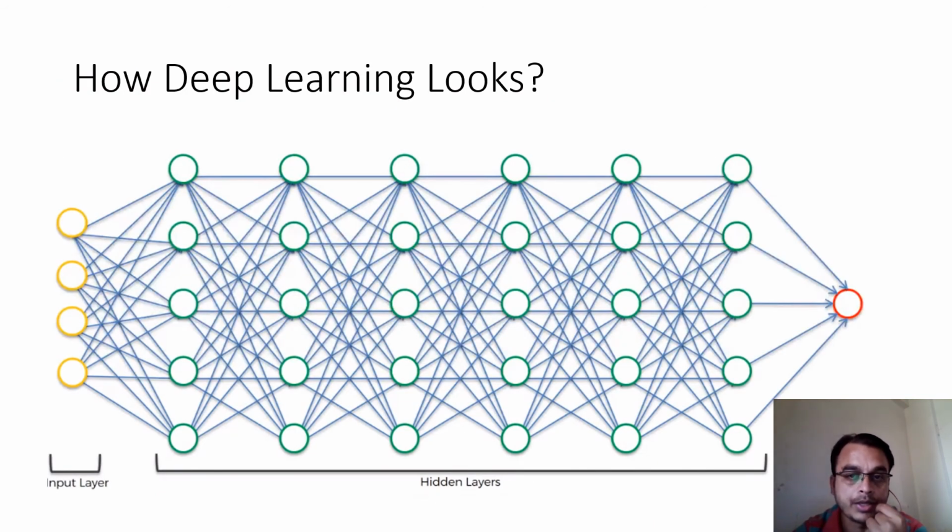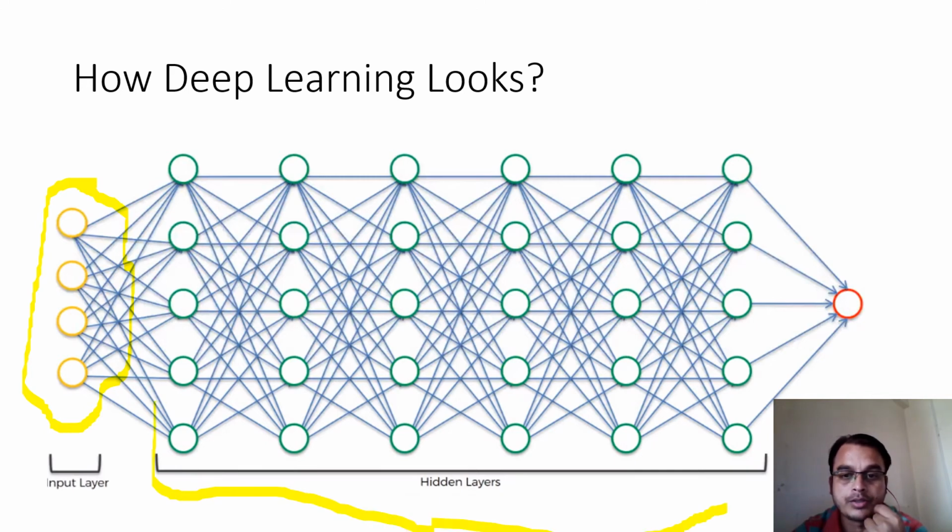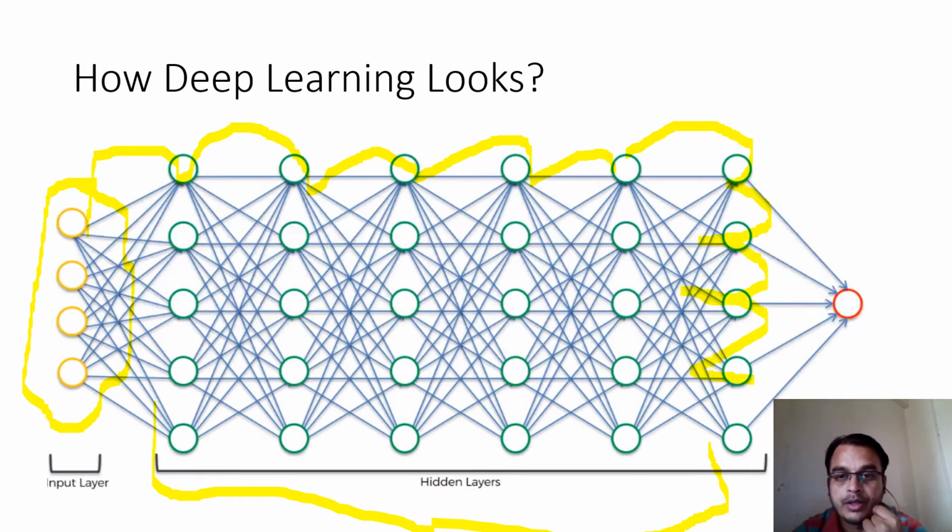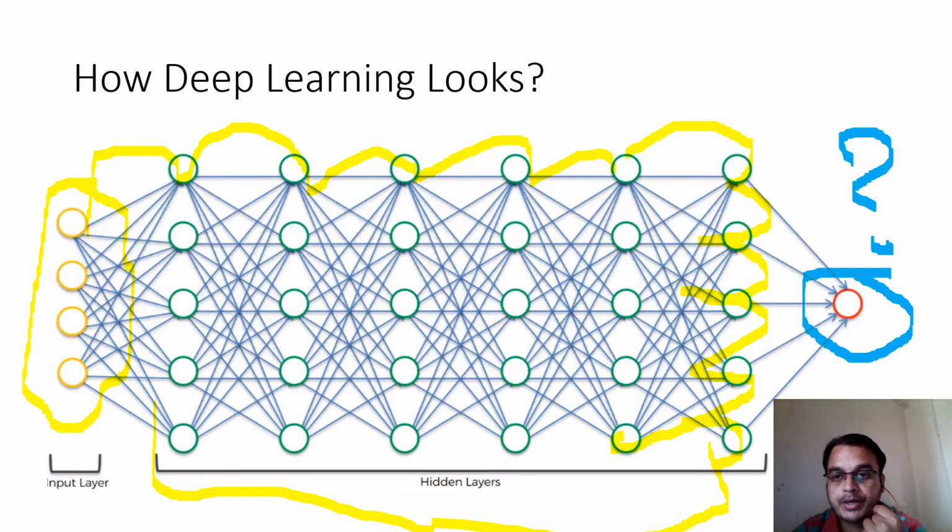Okay, and this mechanism is what we call a deep learning mechanism. How does deep learning look? It looks like this. I have the input values, and these are the hidden layers, and all the input parameters are given weights over here, and all the weights are going to learn by themselves. According to the learned weights, I'm expecting the output. So what is the output? That output is defined or predicted using the different learned weights from the hidden layers. So this is a deep learning mechanism.